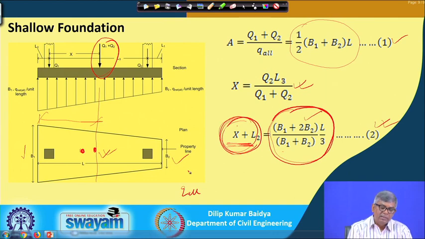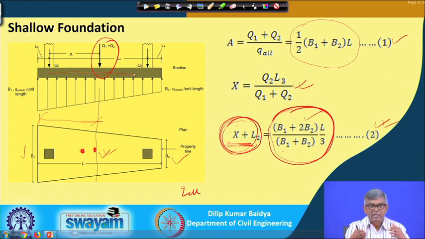Now, if you want to find the pressure per linear length: since the width is more, width multiplied by q will be the unit pressure here, and width multiplied by q will be the unit pressure there, q per unit length. This is the way I can find the load distribution along the length, and based on that I can find the bending moment diagram and shear force diagram, and from those design this footing, how much the thickness will be and what reinforcement is required.